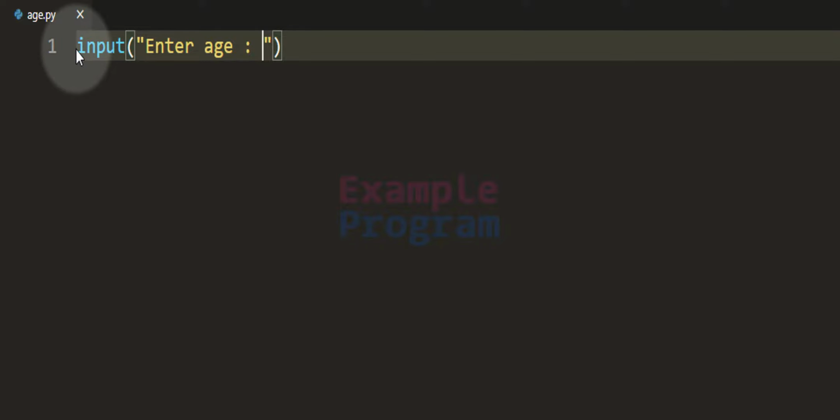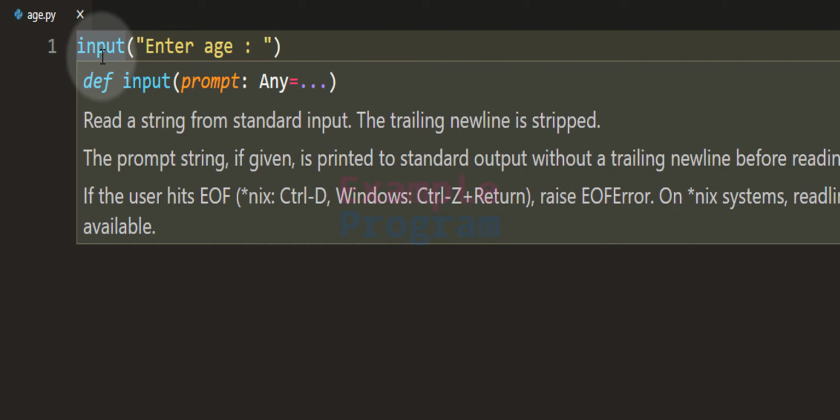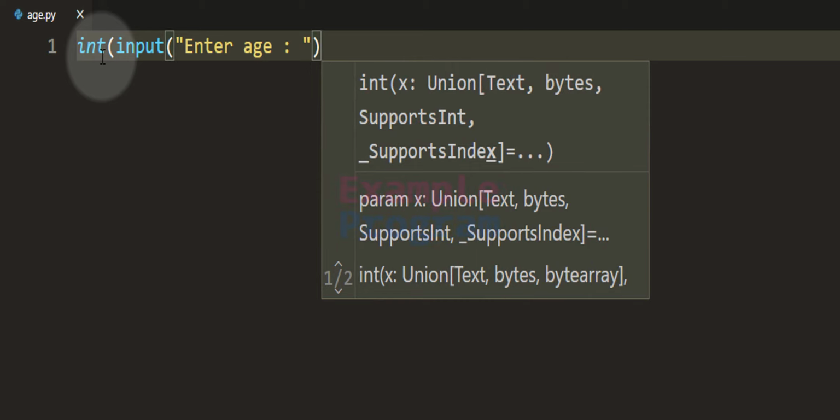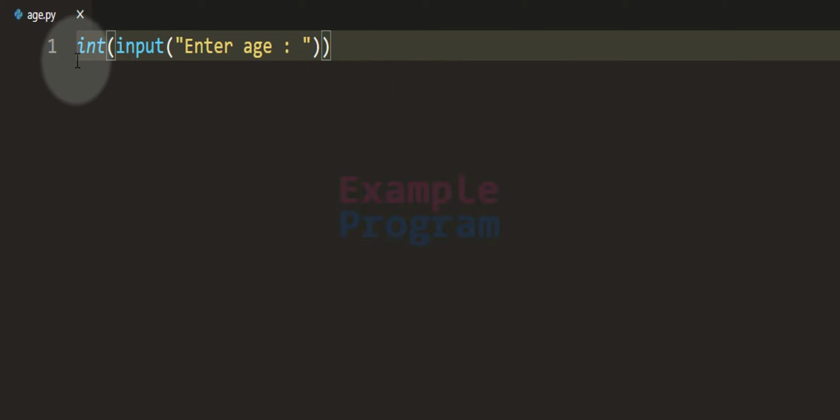But in our program we want the age as an integer value, as a number. So whatever the number that is returned by this input function in string form, we will convert that to number form, integer form, and we can do that by using this int function, and then we will store that number in a variable and let's call it age.